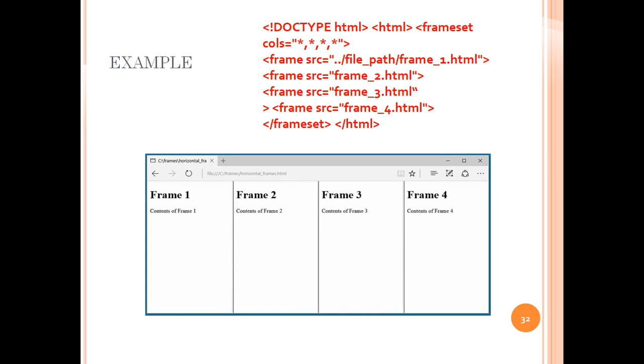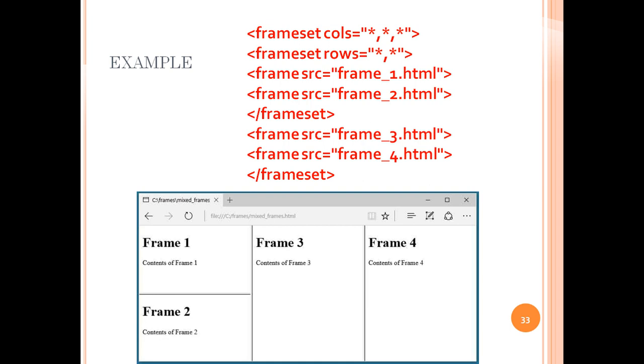When we talk about frames, actually we are referring to the frameset, which is a special type of web page. The frameset contains a set of references to HTML files, each of which is displayed inside a separate frame. So there are two tags related to frames, frameset and frame. Frameset columns and frame name are essential. In this we have given rows equal to. So one frame we have created using the rows attribute so that we have one horizontal frame.